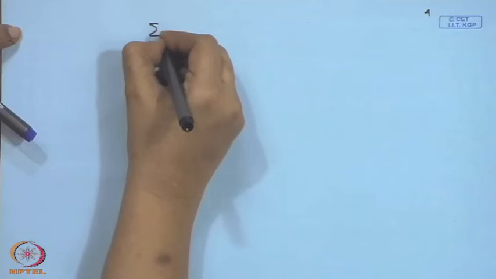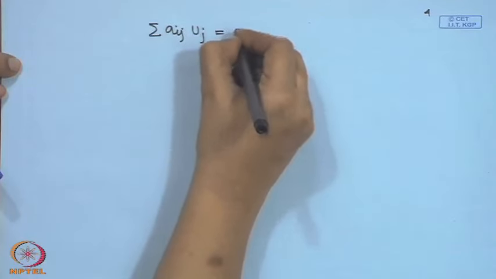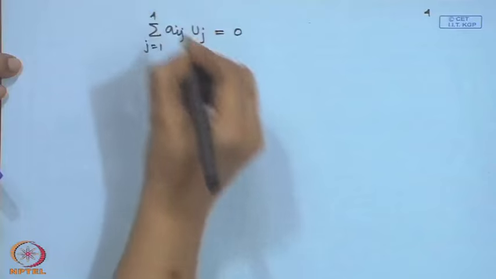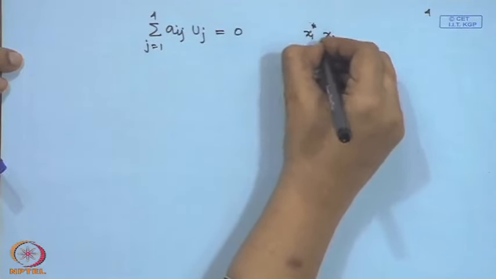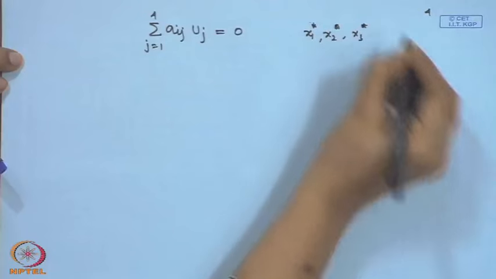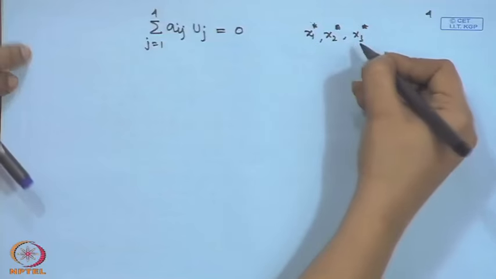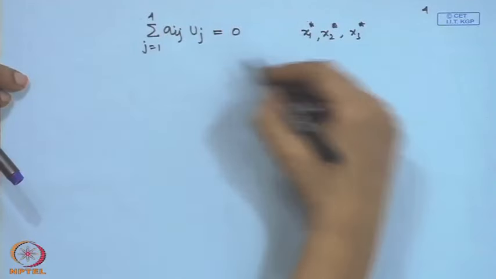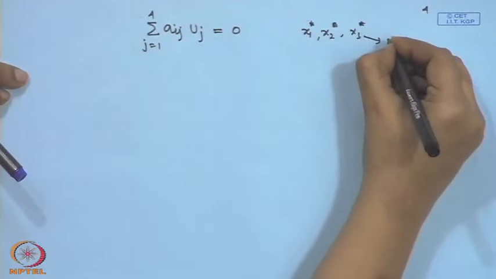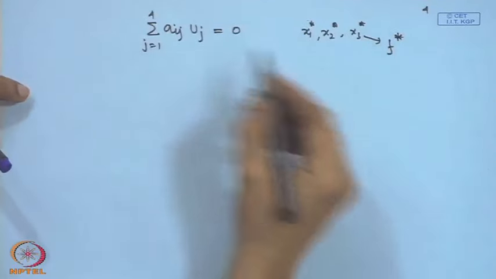Now, we are having the equations like summation a_ij u_j is equal to 0, j is equal to 1 to 4. If we just solve this equation, what we will get? We will get x1 star, x2 star and x3 star, and let this optimal solution be the possible optimal solution for the given function, because we are getting this from the differential calculus process, and if this is so, if it provides the objective functional value as f star,